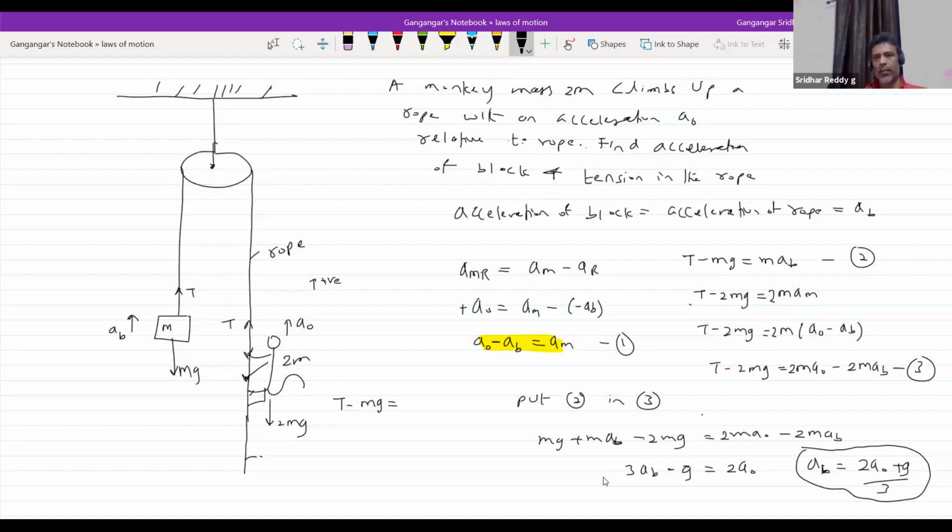Look at this correction. The mass of the monkey is 2m, no? Okay, we have taken care of that one. So now let's substitute the value of AB in this equation. So the value of AB will be